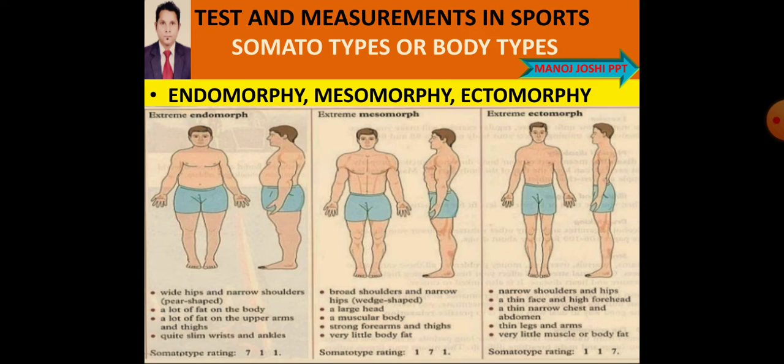In the case of the extreme mesomorph, the second picture, these people gain and lose weight easily. They can gain and lose weight quickly and easily. This is an easy process for these people. Extreme ectomorph people, the third picture: these people lose weight very easily, but gaining weight is very difficult for them. The process of gaining weight is a difficult process for extreme ectomorph people.